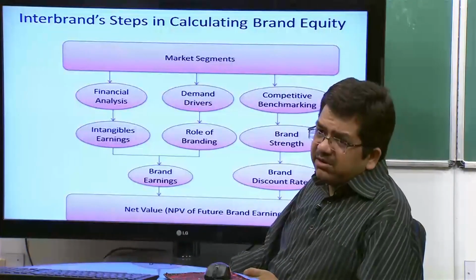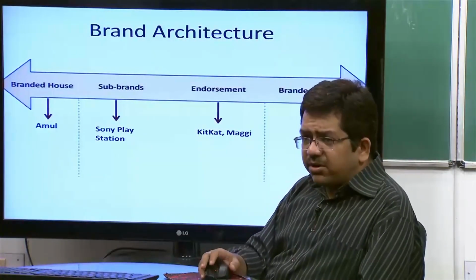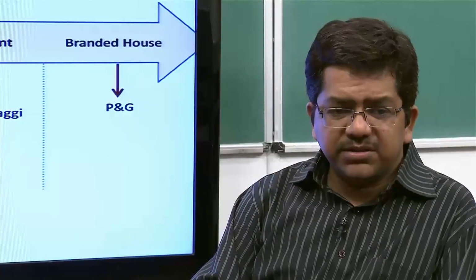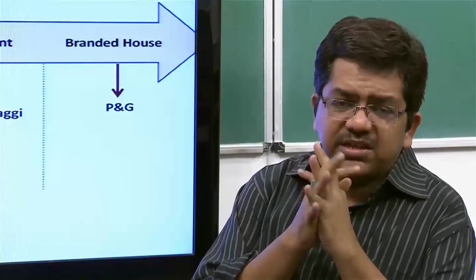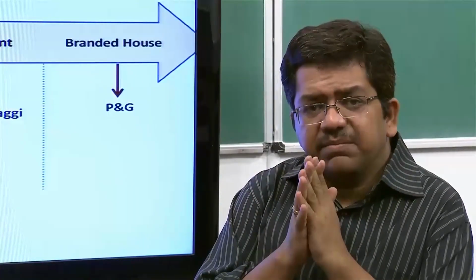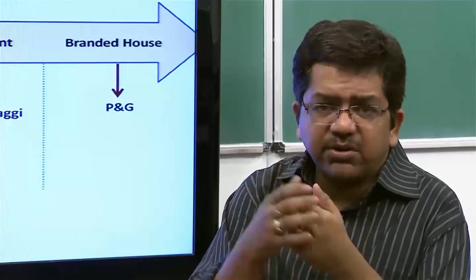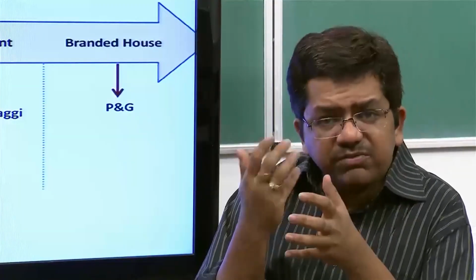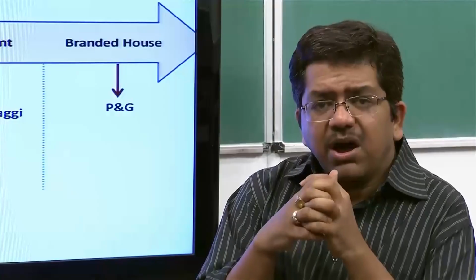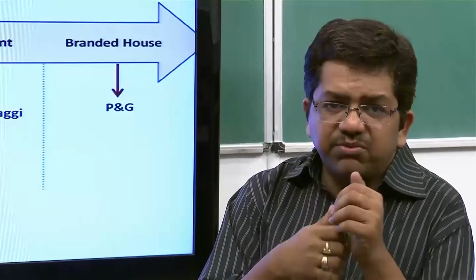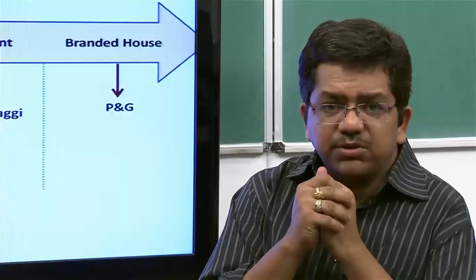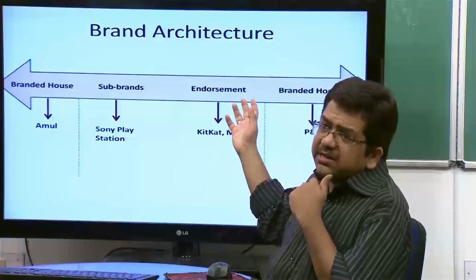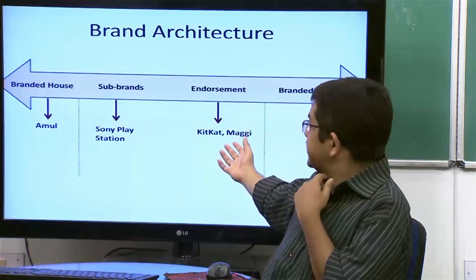And that is how you get the brand valuation. One more important concept, the last concept I will talk about in brand management, is that generally you will see that many organizations will have a set of brands, or they will be operating in different product categories, or within a product category they will be serving different segments. So, they will be coming out with different brands. Now, how do you manage different brands, how do you name the brands, and how the portfolio should be managed is important. This is called the brand architecture, where the different brands exist.